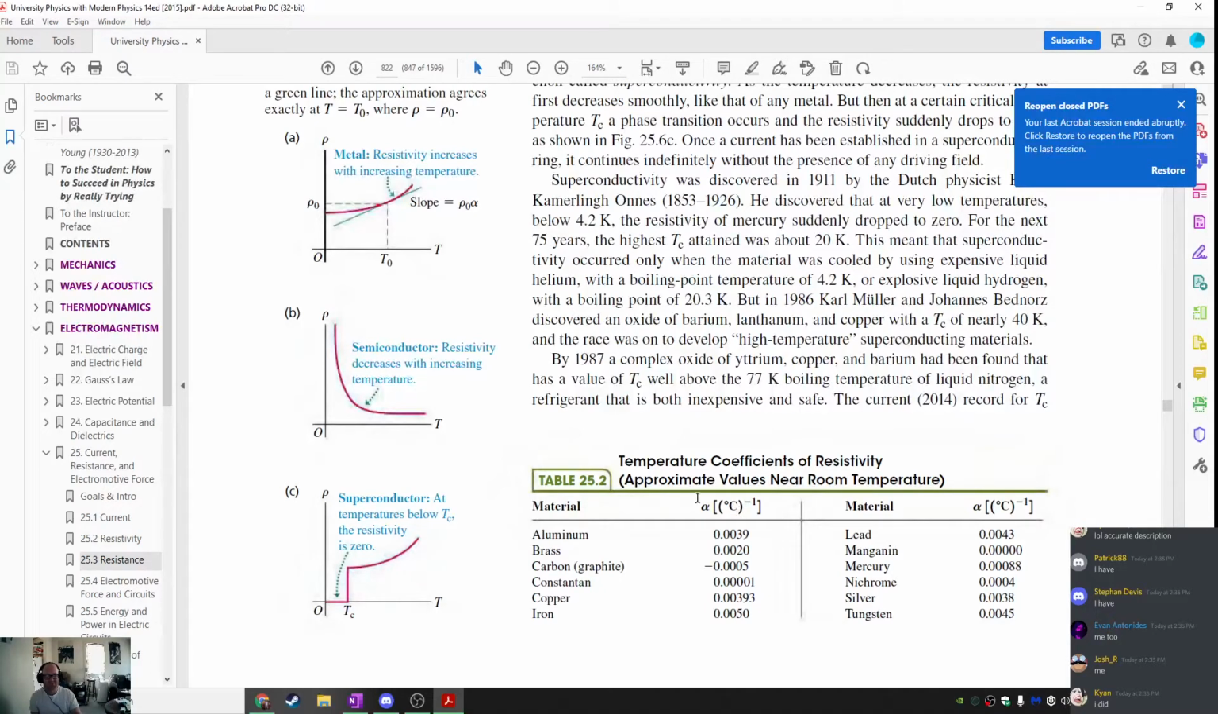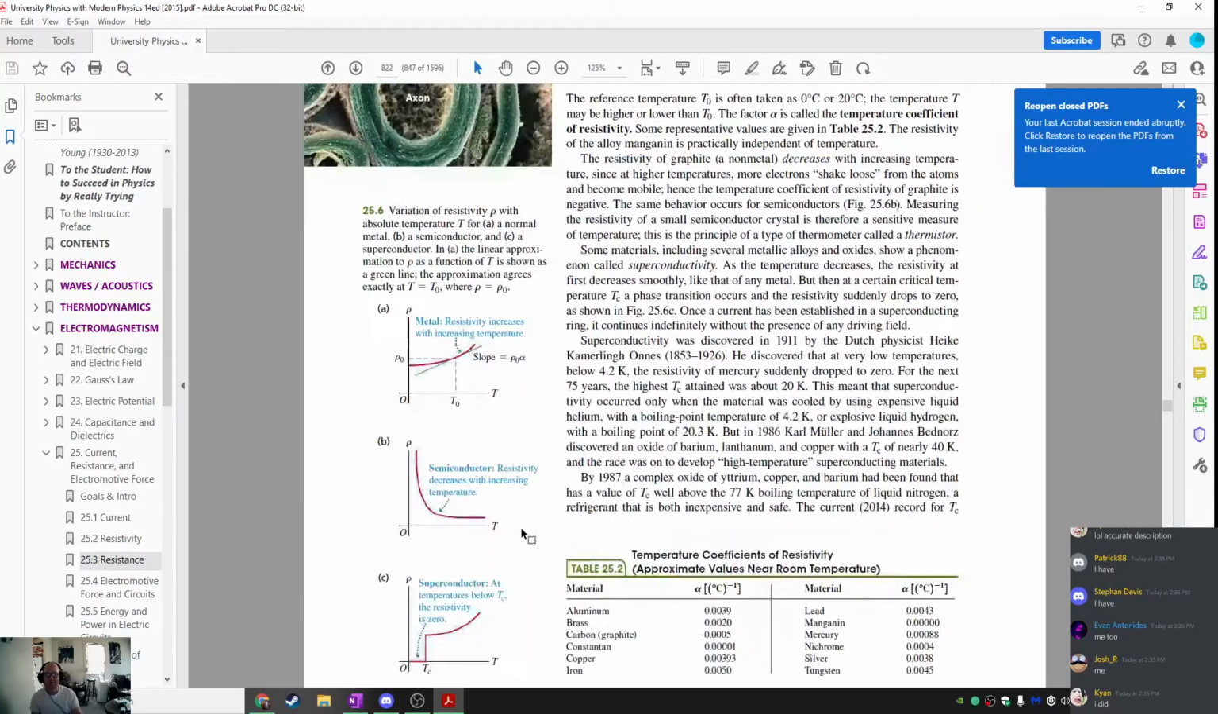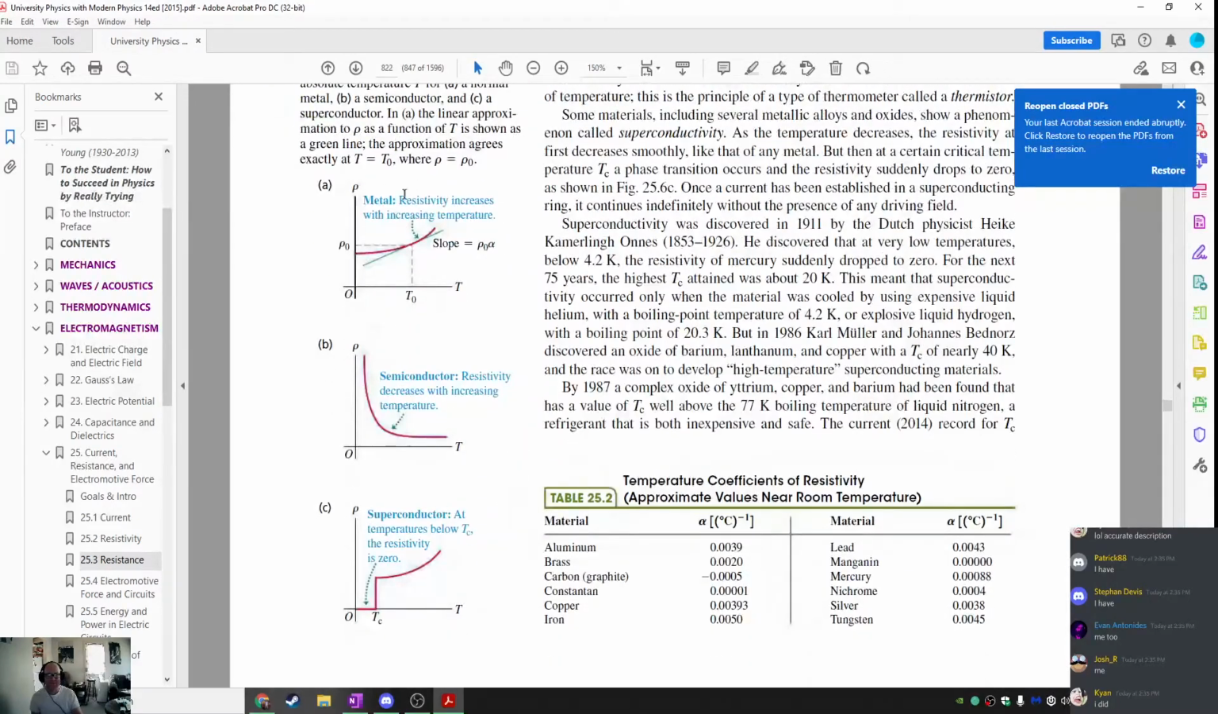Might as well show these pictures here since we're on the book anyway, so I don't have to draw them myself. Because they show you this. Okay, so there's three different things here. There's a metal, there's a semiconductor, and there's a superconductor. For a metal, the resistivity increases with increasing temperature. For a semiconductor, which is stuff like graphite and silicon,